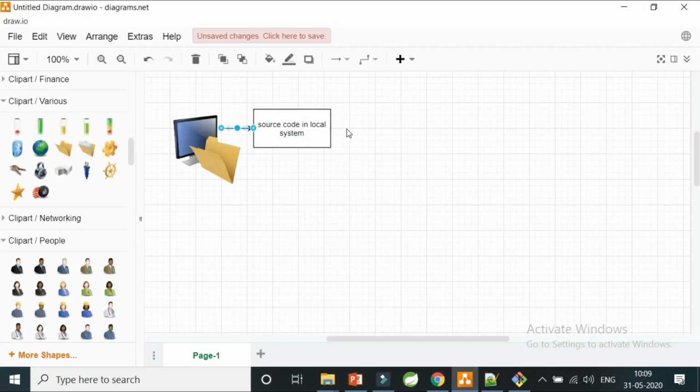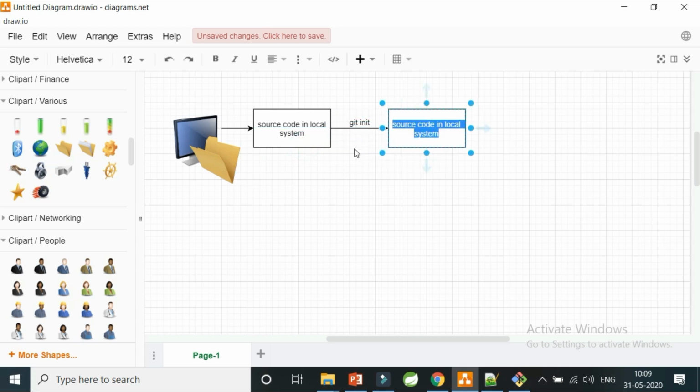What I've done now is git init. So what will this particular command do? This command will do nothing but get my code into something called the working area. So what is the working area? This is the area where I put my code in a way that Git can understand it, but all the files in the working area are untracked files.